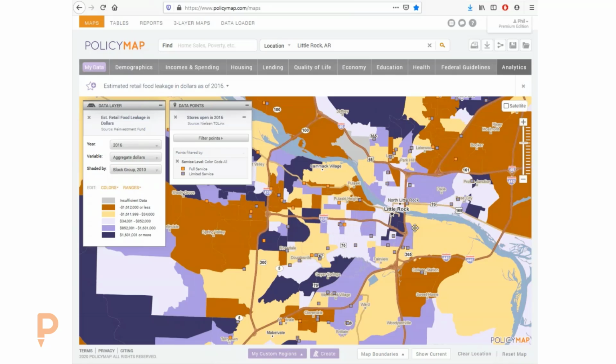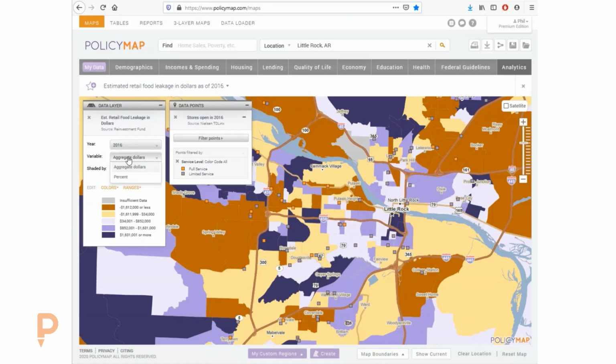So that's the term retail leakage. If you could, that's where that comes from, right? That's exactly right. So in this case, anything that's purple is a positive. So I think that's a really novel concept to grasp, because when I first heard it, when you were talking about it in terms of understanding the money that goes out, from an economic perspective, what it means if a grocery store was present versus not in certain neighborhoods. That's exactly right. Yep. And so that word leakage was significant, as the action term.